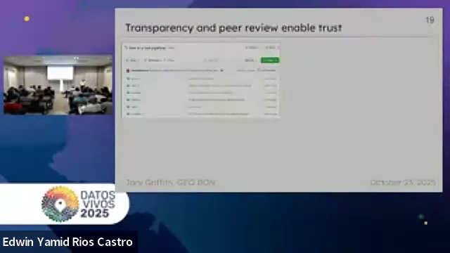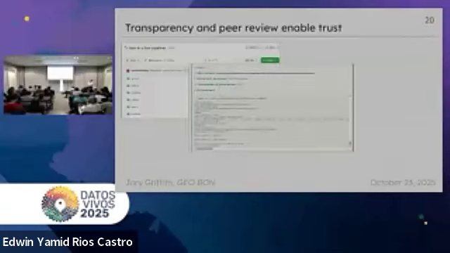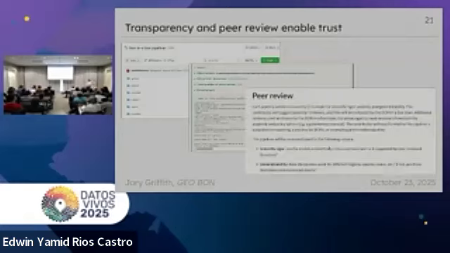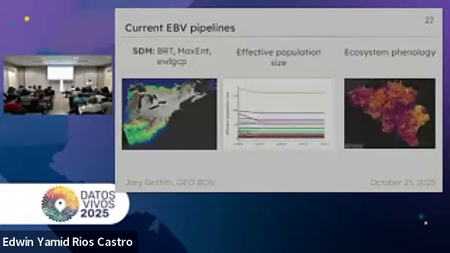And Bon in a Box is completely transparent. Everything is publicly available on GitHub, all of the code and data, well, unless you're running it on your computer. It's also transparent as the pipeline is running, so you can see the R logs, you can see what's happening. It's not black box at all. And also it's scientifically sound. So we've implemented this peer review process, so all of these workflows, all these pipelines are reviewed by experts to make sure that they're scientifically accurate.